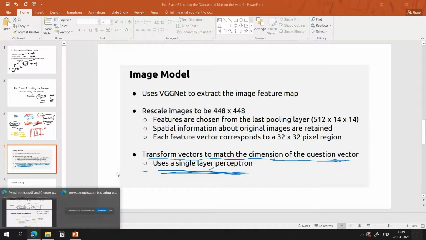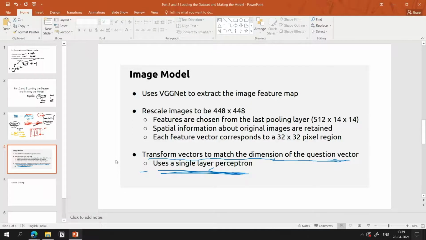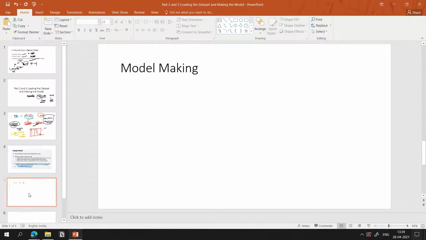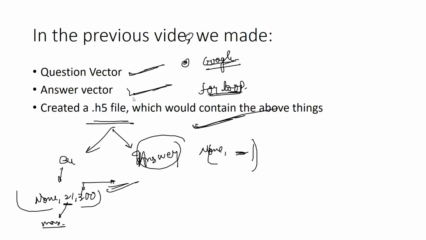Having done this, since the dimension of image as well as the question have been matched, we concatenate them, and after concatenating we pass it through some dense layers, and the final layer would be the softmax classification. This is the main thing. To summarize, I have not taken into account the attention layer. Instead of the attention layer, I pass it through some dense layers.